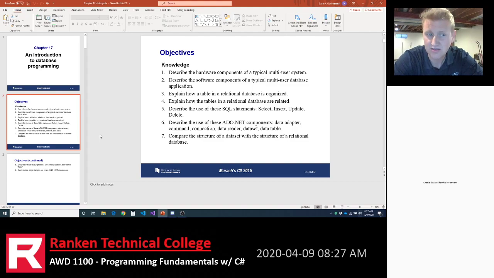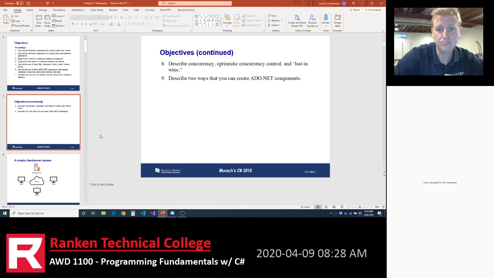I'm going to focus you guys, instead of using ADO.NET, we're going to use something called LINQ, because LINQ is language independent. It's not just in C#. And so we're going to learn a data access technique, a way of working with data that's a little bit more universal than ADO.NET. And really bullets 8 and 9 go into that.